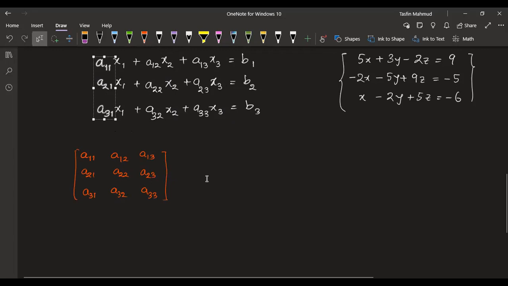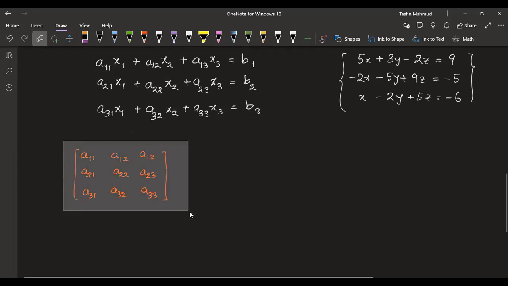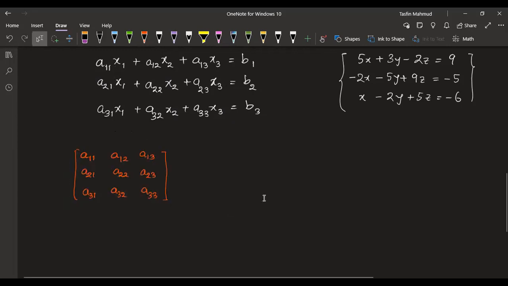Coefficients সহগ, তাই না? আমরা x1 x2 x3 যে সহগ গুলো আছে, সহগ গুলো দিয়ে একটা ম্যাট্রিক্স আমরা বানাচ্ছি, coefficients, right? So we call this matrix the coefficient matrix. The name of the matrix is called the coefficient matrix. Okay, সহগ গুলো নিয়ে যে ম্যাট্রিক্সটা বানালাম ওটাকে আমরা coefficient matrix বলি।